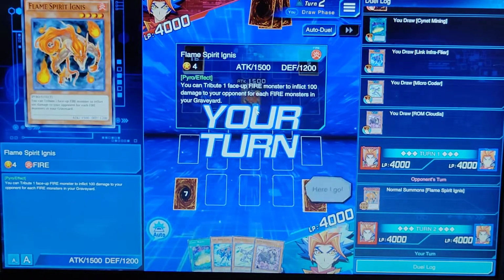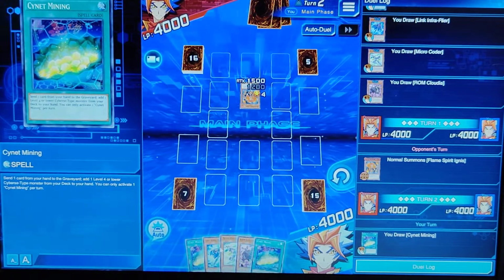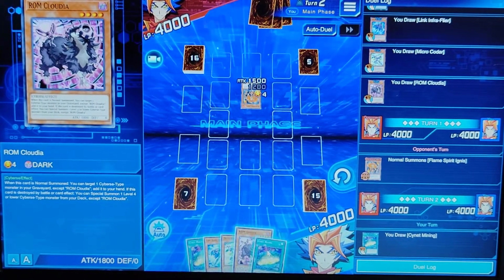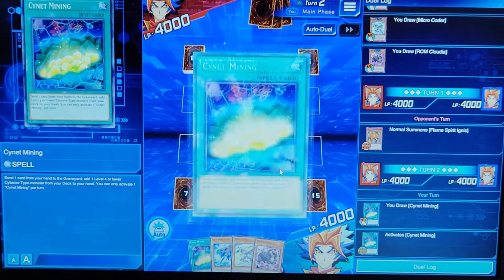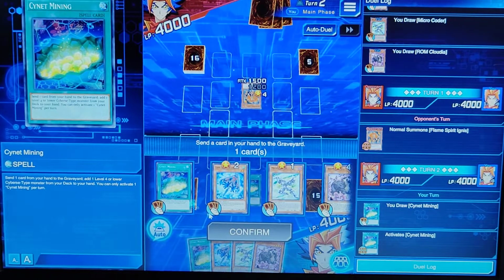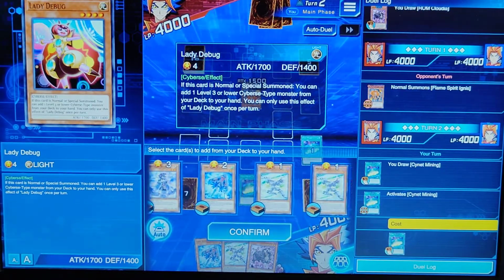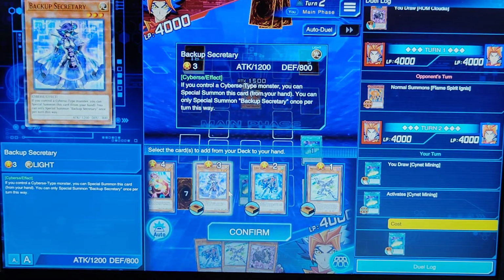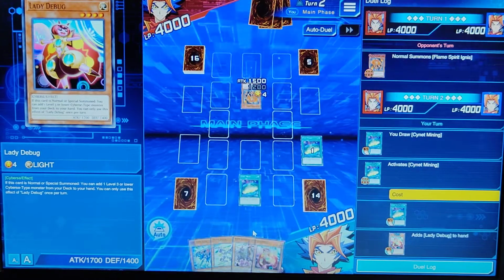So he summons, okay, I guess he's not really playing Salamangreat at this stage. Sure, let's Silent Mining. I'll discard the Silent Mining. Add Lady Debug. You can special summon this card from me, and let's put turn this way. Okay, yeah, let's grab Lady Debug